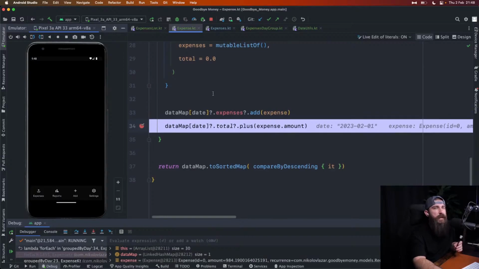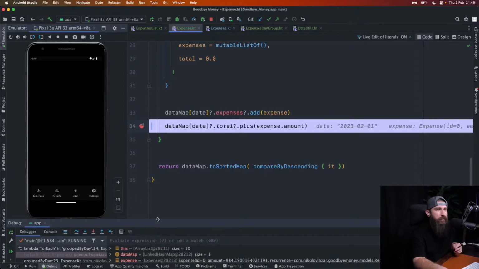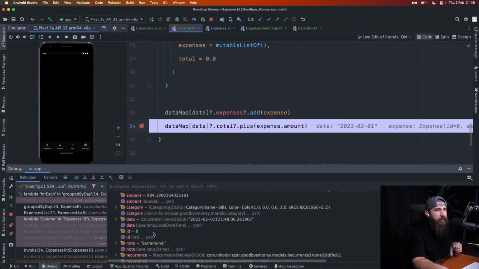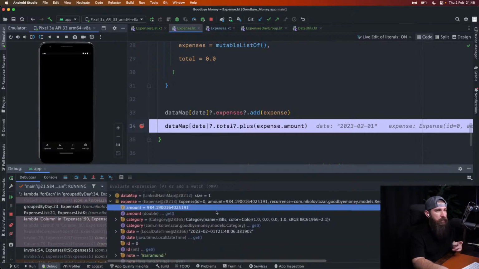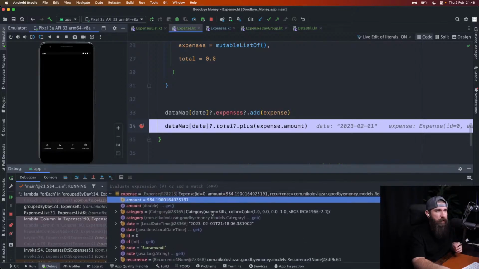Cool. All right. So the date is yesterday. The expense is a Barramundi animal that we purchased for $984 US. The amount,